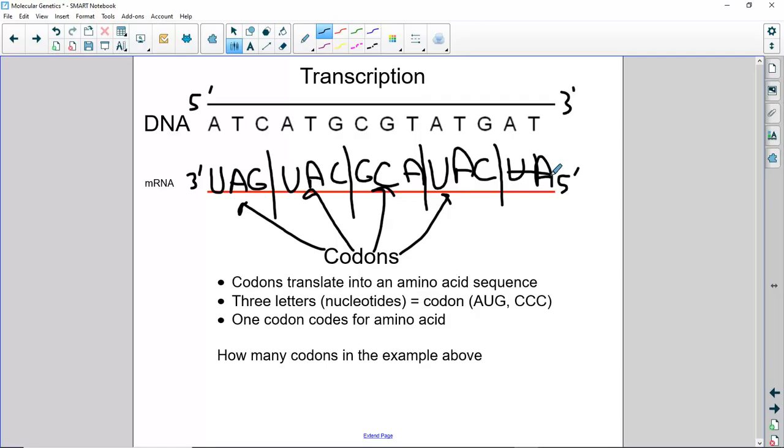So one codon will correspond to one amino acid. But how do you tell which amino acid it codes for? Well, we have a fairly easy way in biology to do that, and that is by reading the genetic code, which is the set of rules by which information encoded on the messenger RNA is converted into amino acids and then into the polypeptide. So the genetic code corresponds to